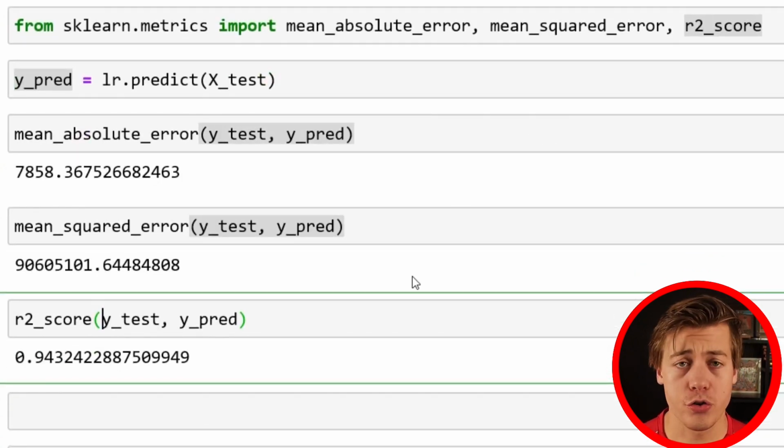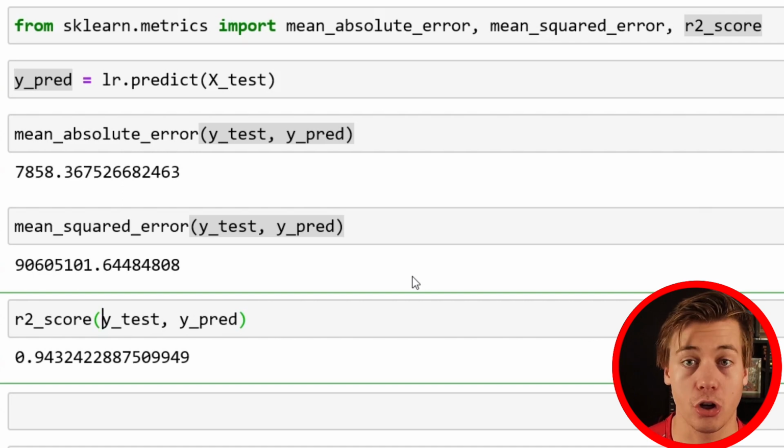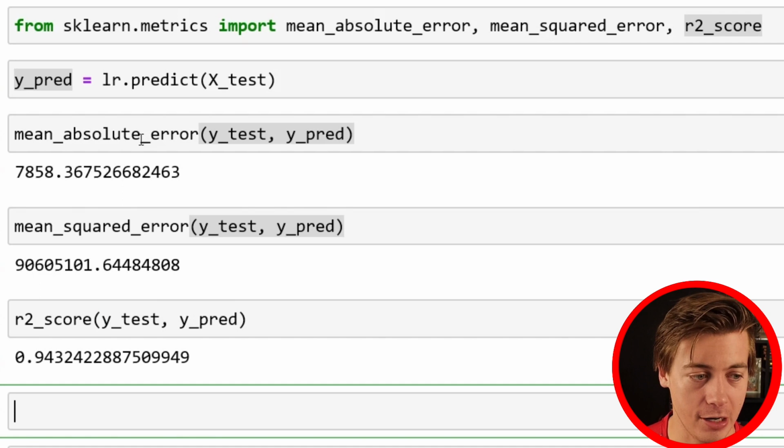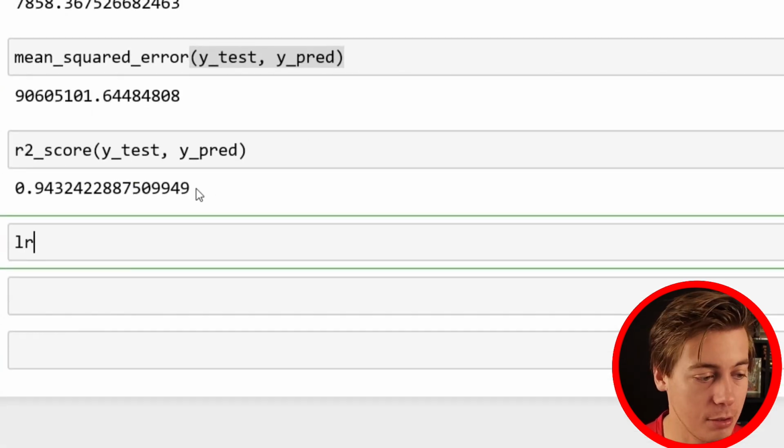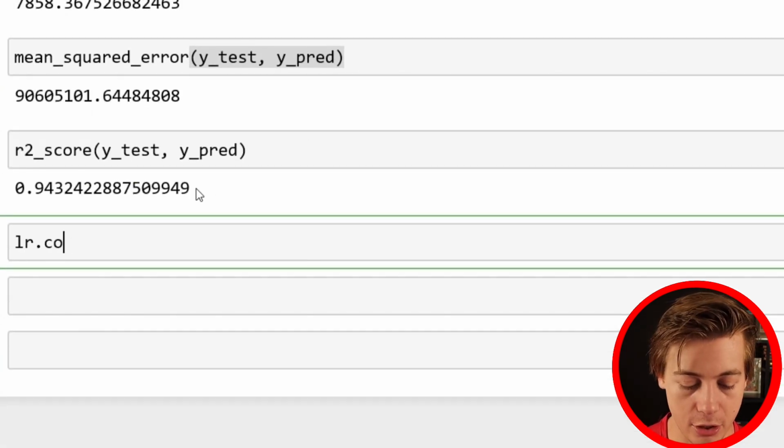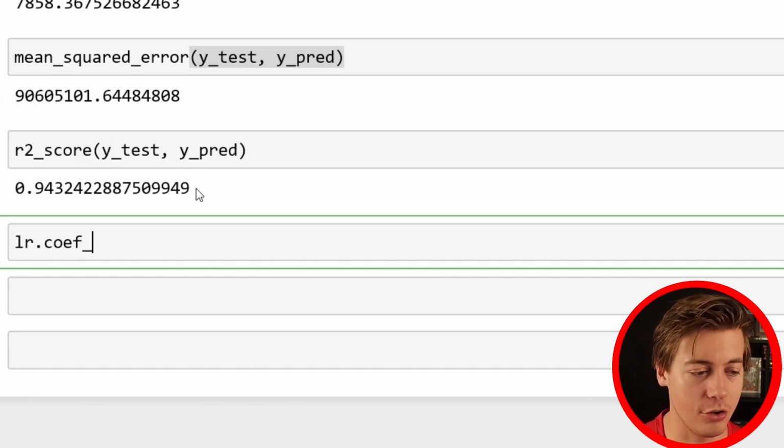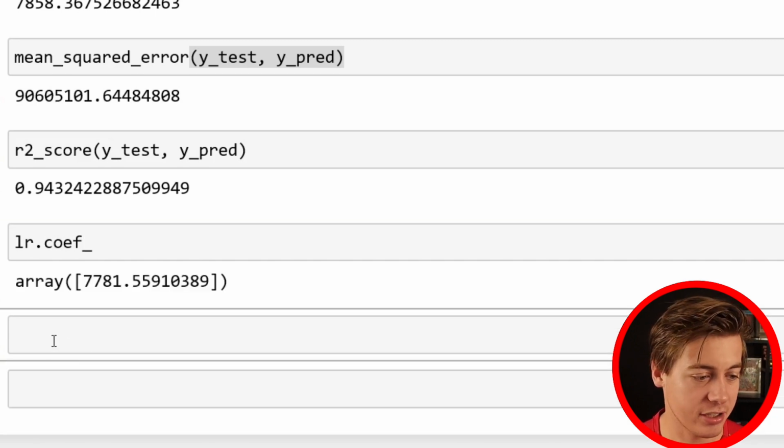Now, you can also find your exact coefficient and also your intercept from here. And remember, we have y equals mx plus b. So your b is going to be your intercept, and your m, which is your slope, is going to be your coefficient associated with it. So let's do that. It's honestly very, very simple to do. All you have to put is LR, then coefficient, and then you put an underscore at the end. And check this out,